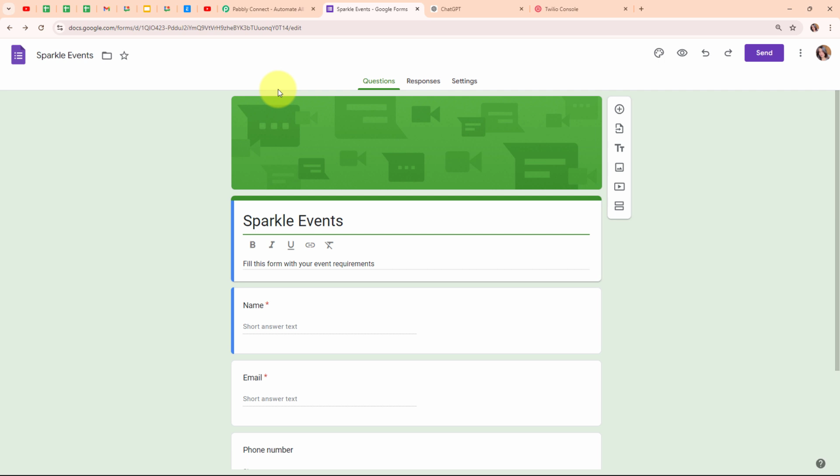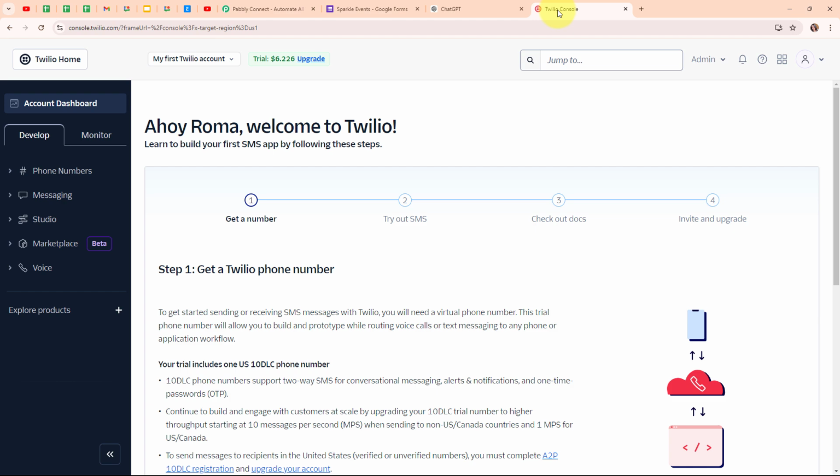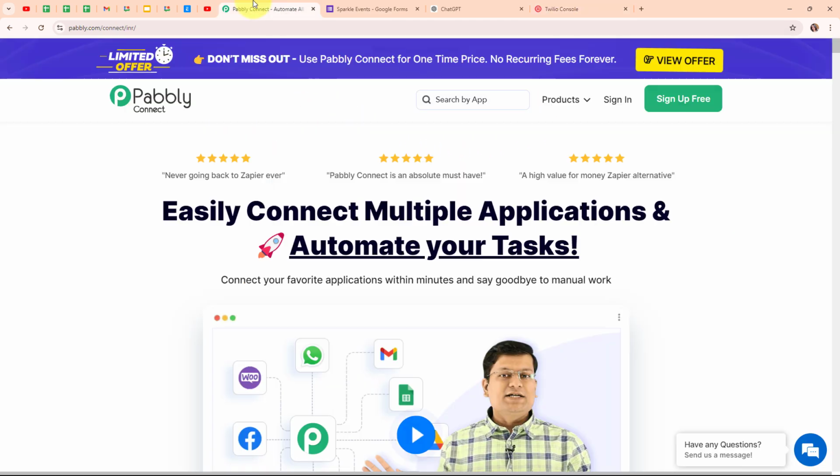To build this connection, I need to connect my Google Forms with ChatGPT and an SMS sending application, that is Twilio. To build this connection, I'm going to use an automation software named Pabbly Connect. Pabbly Connect is an amazing automation and integration software and it connects all your favorite apps and makes